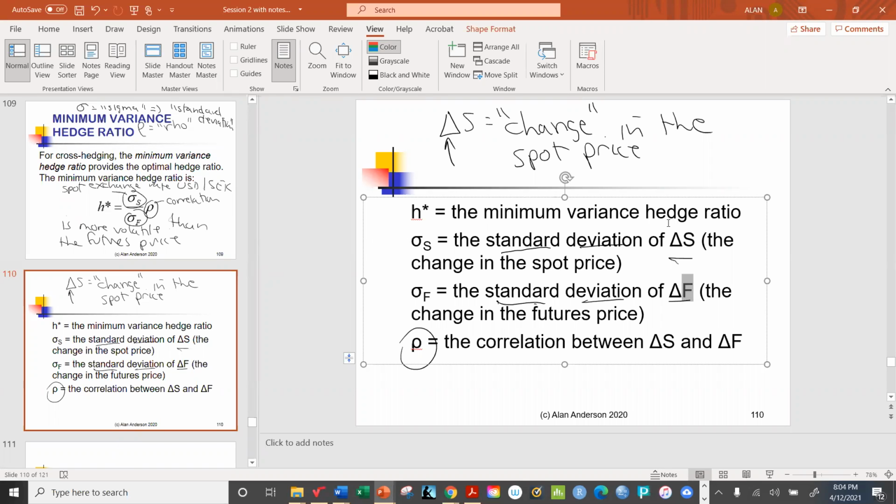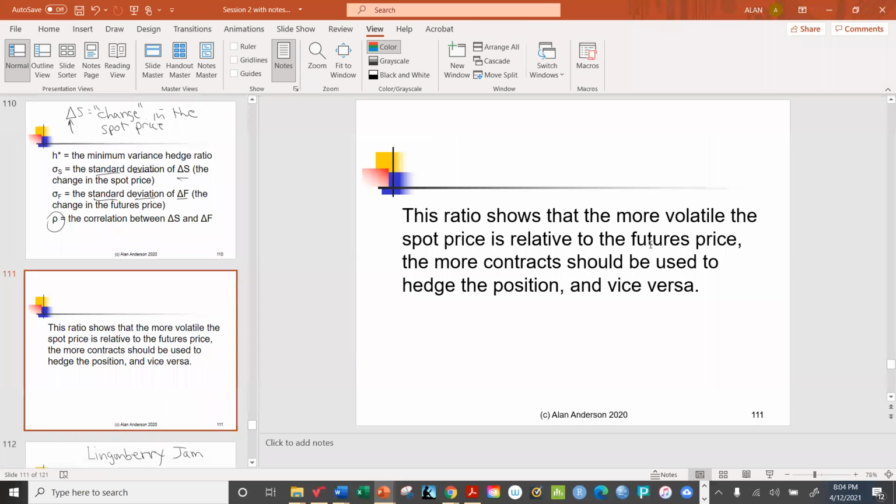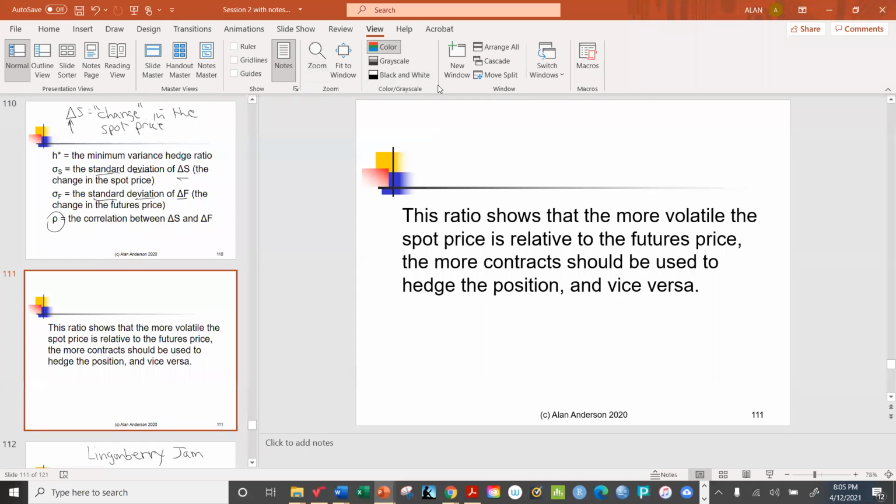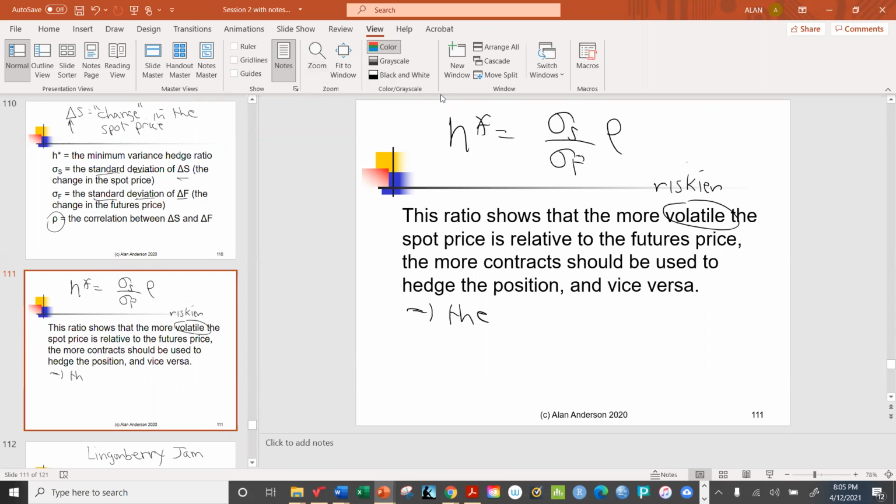All right, so the ratio does show us one thing. If you look at it again, let's repeat it right here. It shows that the more volatile the spot price is, and more volatile means riskier, relative to the futures price, the more contracts we need to hedge the position. In other words, the riskier the spot position is,